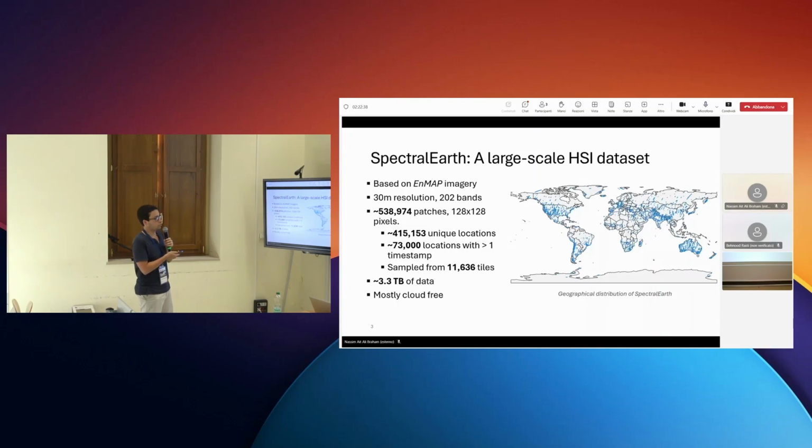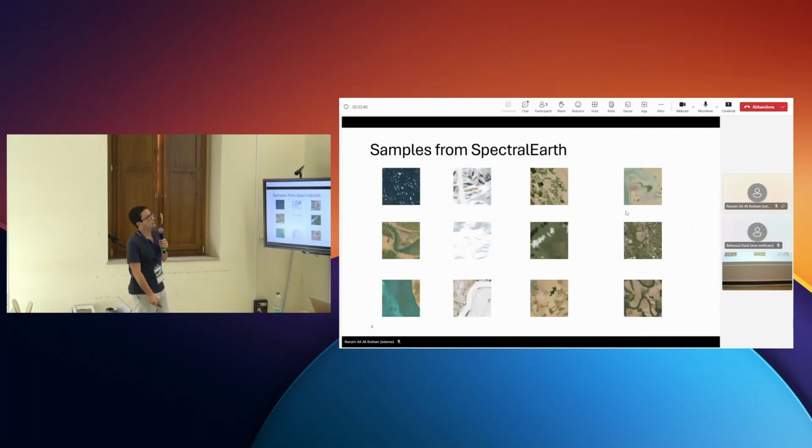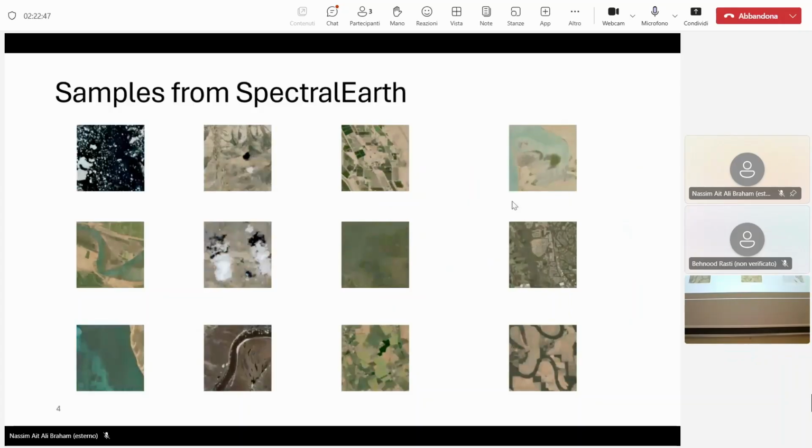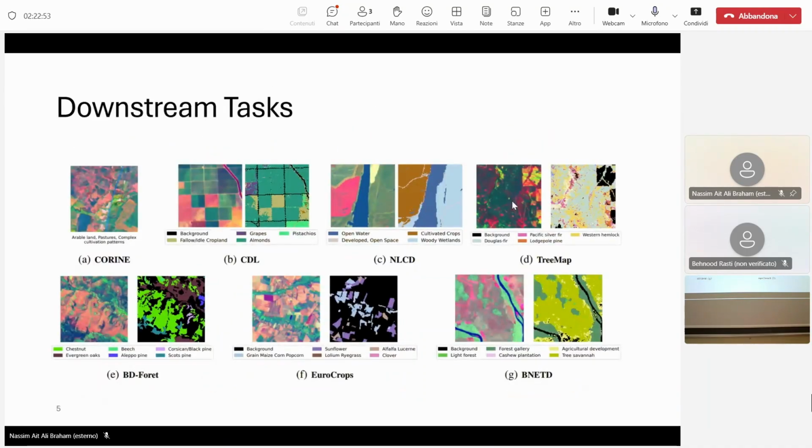So the data set in total is 3 terabytes of data. It was manually curated, so it's cloud free, or mostly. Here are a few samples which have multiple timestamps from Spectral Earth visualized in RGB, so you get to play with that. And we also compiled a bunch of downstream tasks to be able to evaluate the models we pre-train